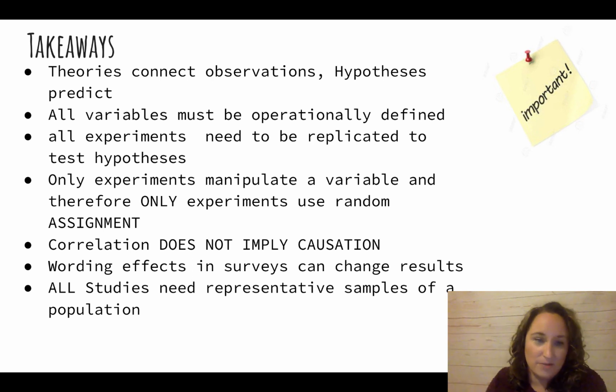All of them use random sampling. Correlation does not imply causation, shark attacks and ice cream sales. And wording effects in surveys can change the results of the survey. And all studies need a representative sample of the population. That sums up Mod 5, and I